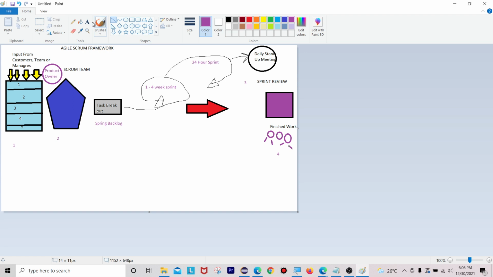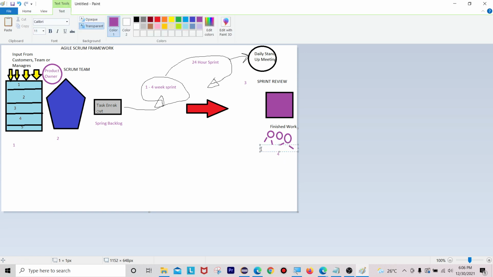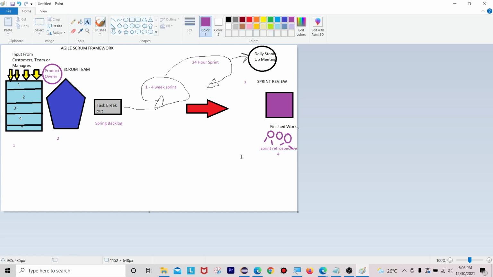Here it will be the sprint retrospective, okay, sprint retrospective.